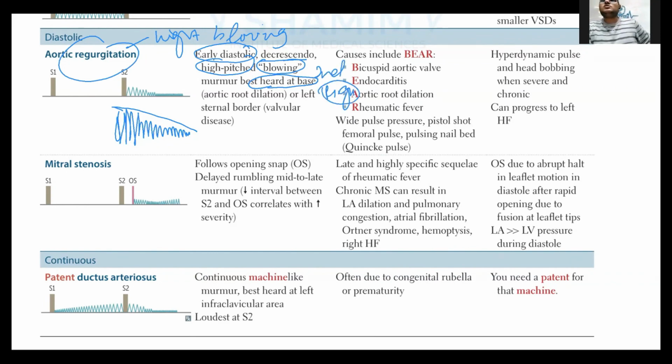कौन से एरिया में, एओर्टिक स्टेनोसिस वाले में मैंने आपको बताया था। But when there is a root dilatation, एओर्टा की बेसिकली जो रूट होती है ना, वो डायलेट हो जाती है। जिस तरह एन्यूरिज्म बनती है, यूं समझें कि एओर्टा जहां से स्टार्ट हो रहा होता है वहां से उसका डायलेशन हो जाती है। डायलेशन की वजह से रिगर्जिटेशन प्रोड्यूस होती है। अब रूट की जो डायलेशन होती है उसका मरमर सेकंड राइट इंटरकॉस्टल स्पेस में आएगा। और बाकी जो वेल्व की वजह से इशू आएगा, वेल्व का प्रॉब्लम आएगा, that will be the normal position, यानी लेफ्ट स्टर्नल बॉर्डर में।